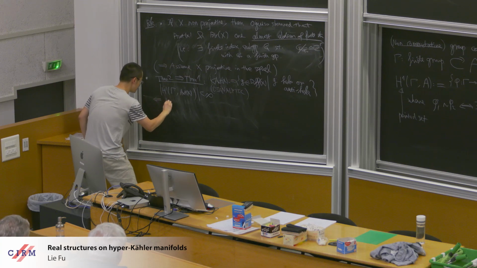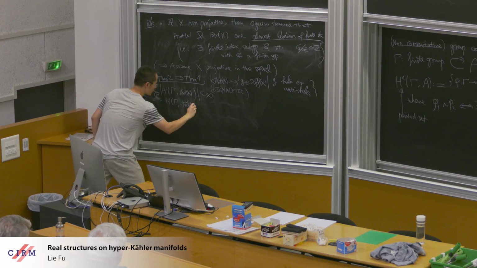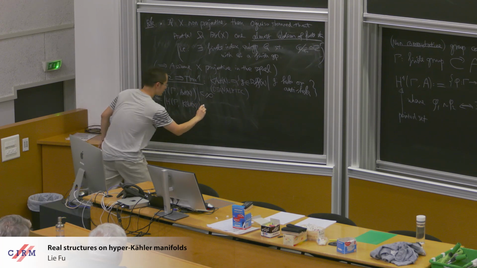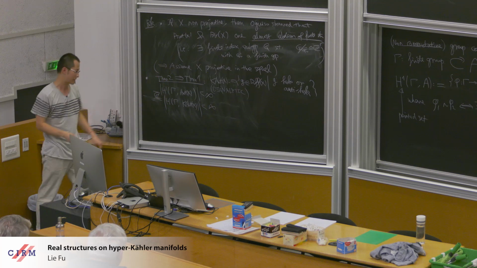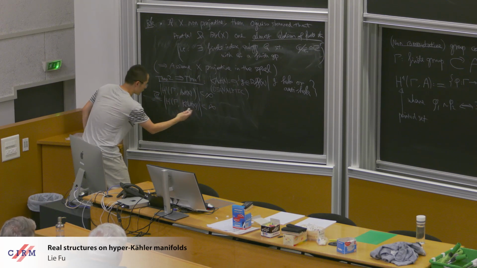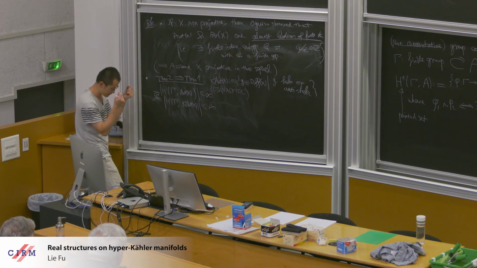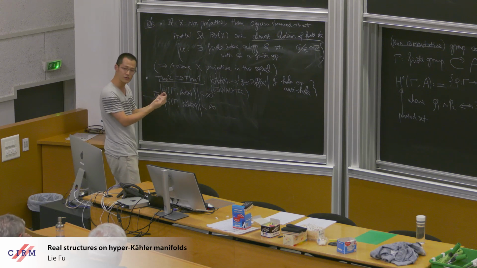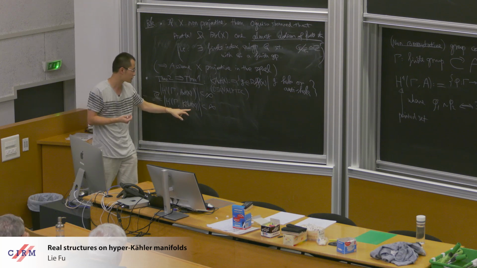This is implied by the same group with slightly bigger value, K out being finite, because by dévissage they are just index 2 subgroups. But because the conjugation by the real structure is the inner automorphism of this group,